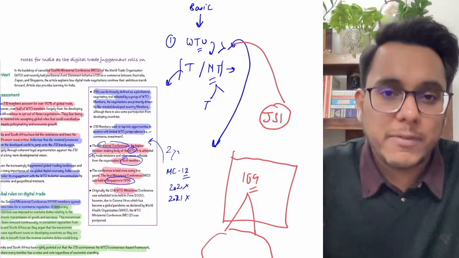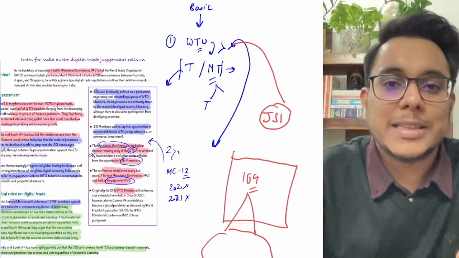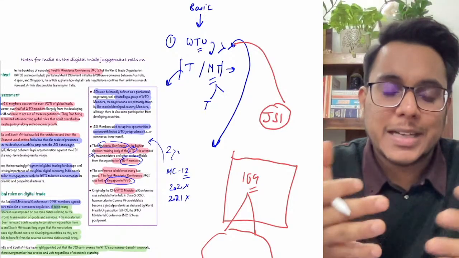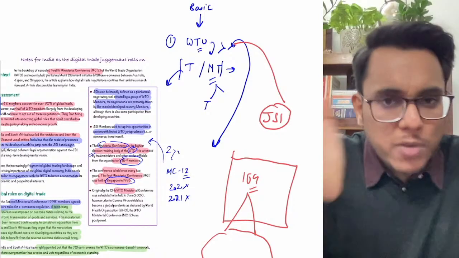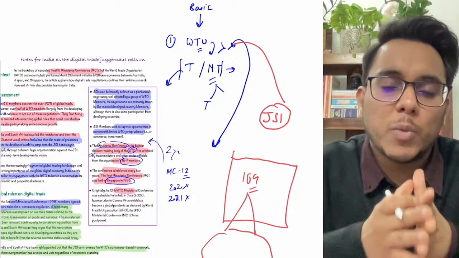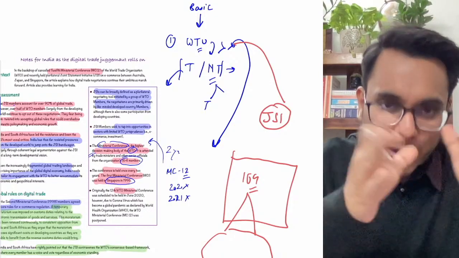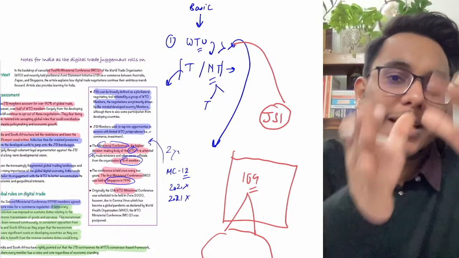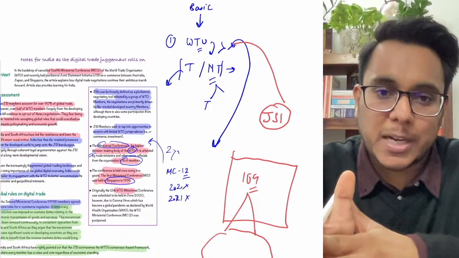For example, when we talk about trade, within the trade there is digital trade, there is e-commerce, there is fishery trade. So many dimensions of trade are there. So within the WTO, another group, a joint statement group, will be formed and they will issue a joint statement initiative saying, okay, let's talk on this, let's discuss this particular thing.